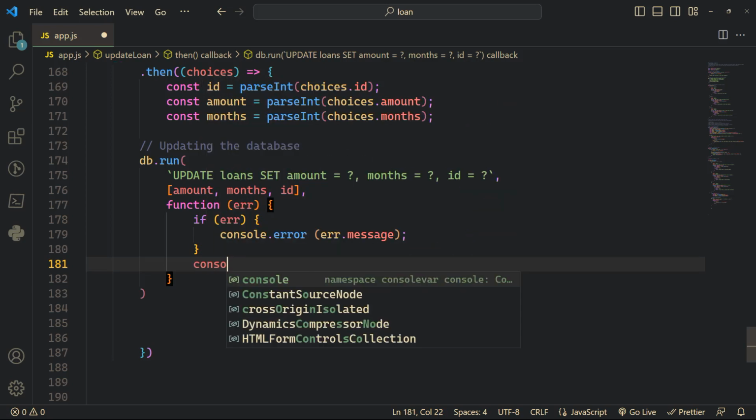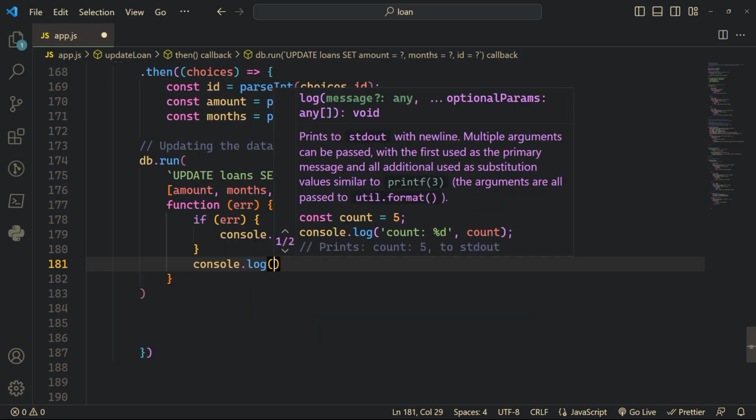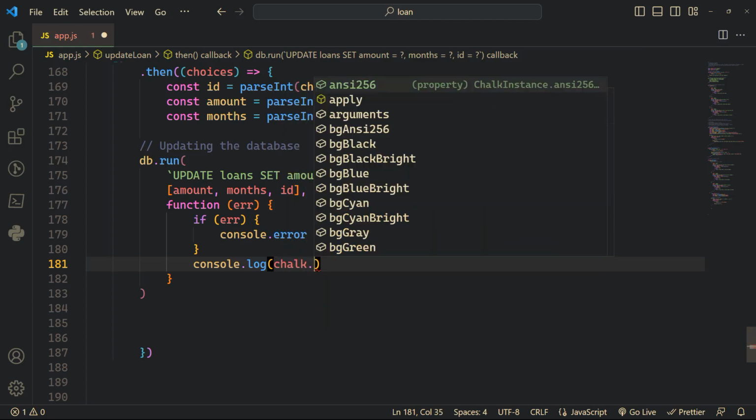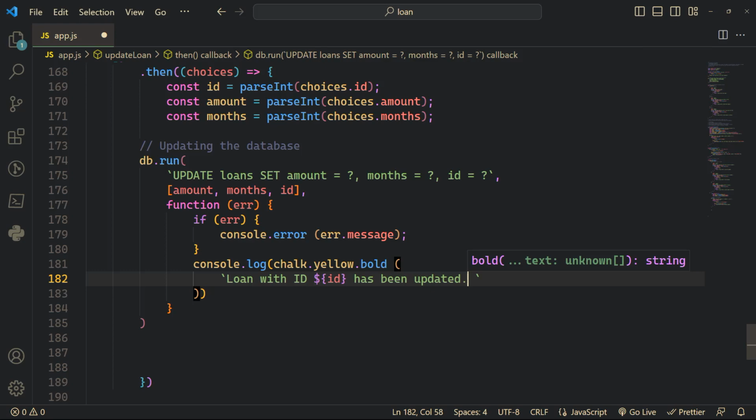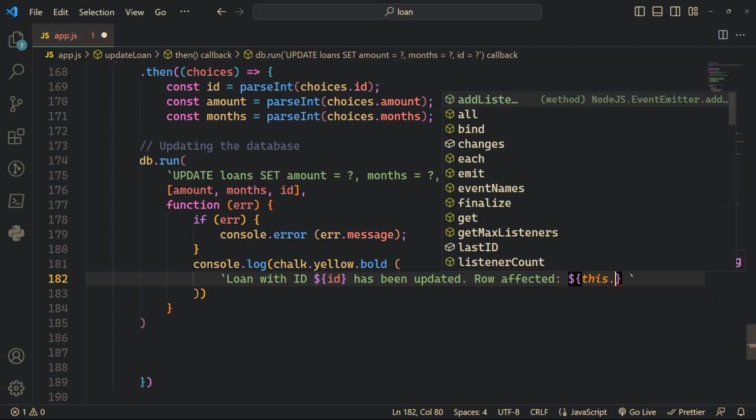Otherwise, I want to console log using the chalk package, dot yellow dot bold, and we'll say loan. I'm going to use template literals here because I'm going to plug in some values. So let's do it like that: Loan with ID, and here dollar sign and curly braces, we'll take the ID, has been updated, and also the number of rows affected. So we'll say rows affected, and here I'm going to use the changes property. As I told you, say this dot changes,